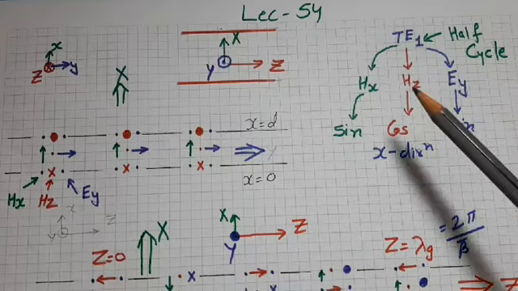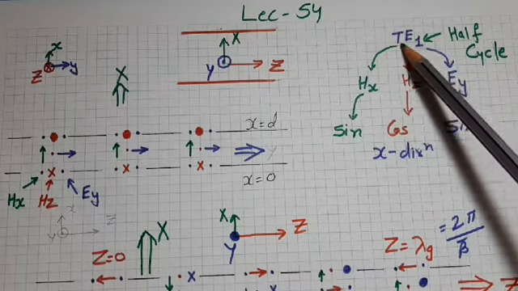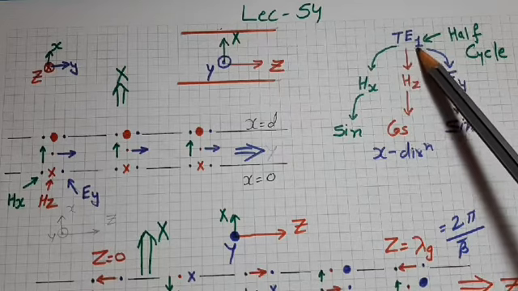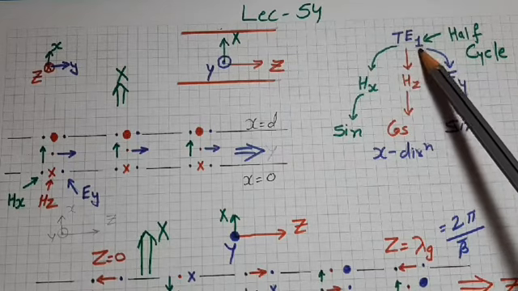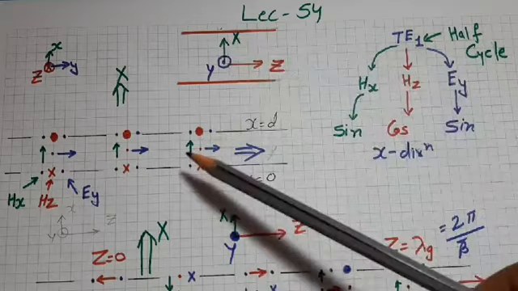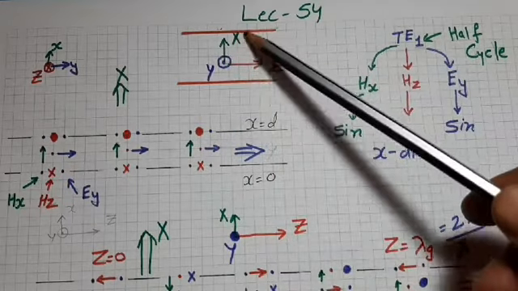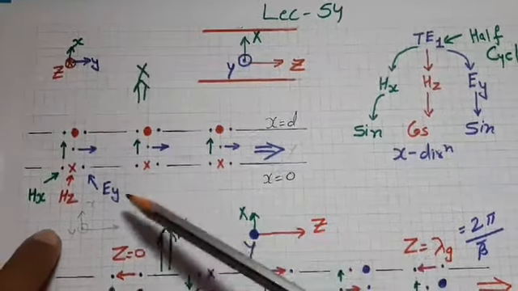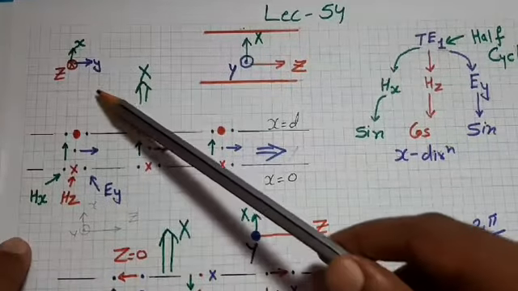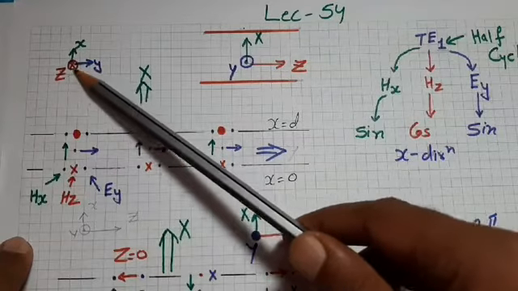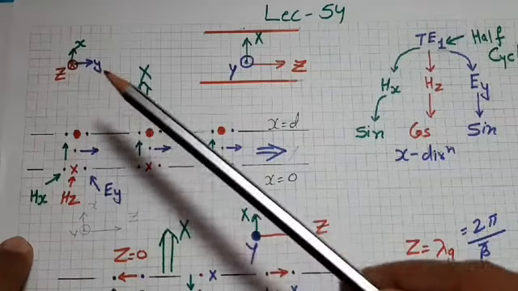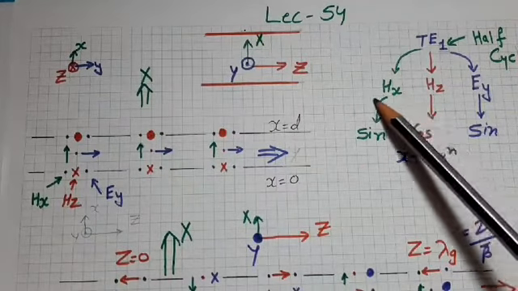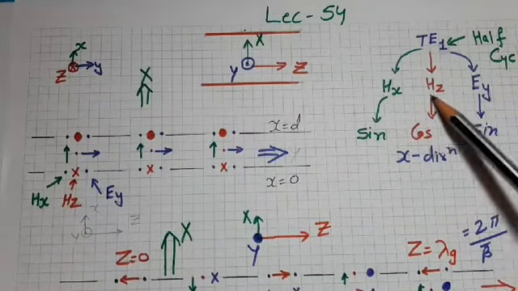First of all, we take the TE1 mode. TE1 means transverse electric mode for m equal to 1. Here, because m is equal to 1, only one half cycle would be present between the boundaries. Suppose first we plot the front view. In front view, this is the x-axis, this is the y-axis, and the z-axis is into the paper. Now as we know, in x direction, half cycle variation of these fields would be present corresponding to these functions.